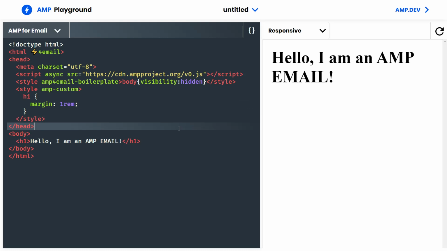For example, if we have a client who sells trucks, and they decide to send the newest trucks to their users, and they decide to run a sale on one of the trucks. When the user opens the email, they will see the sale price instead of the initial price when the email was sent. So this allows emails to be dynamic.